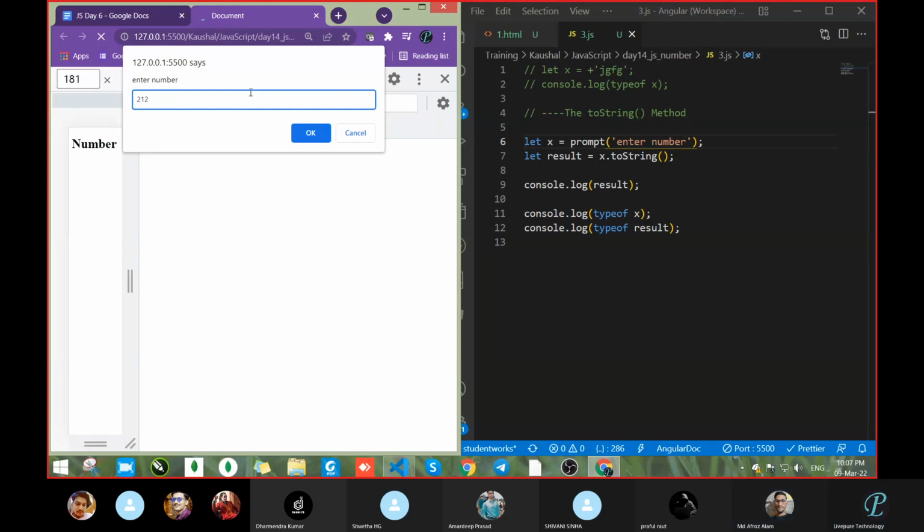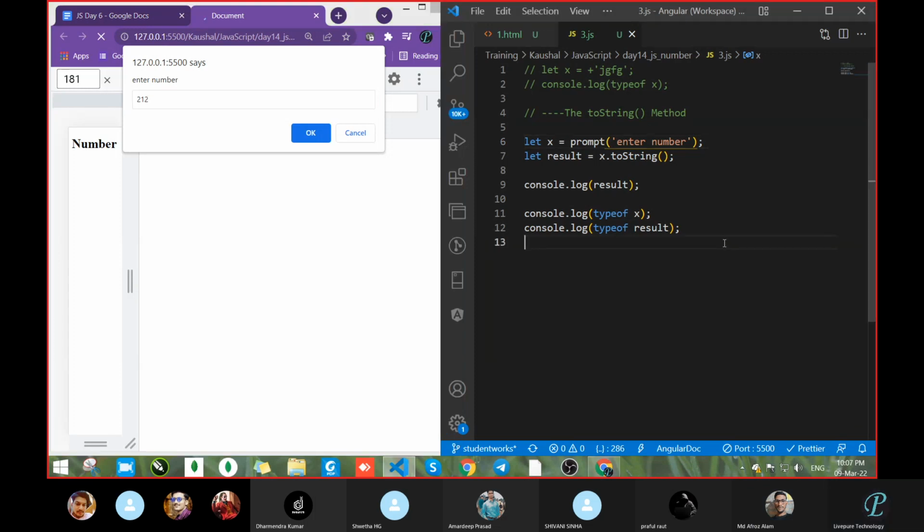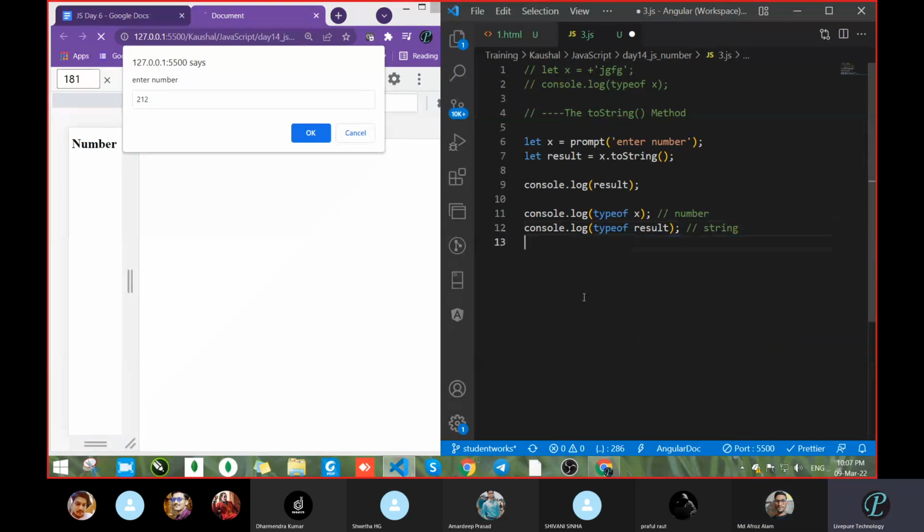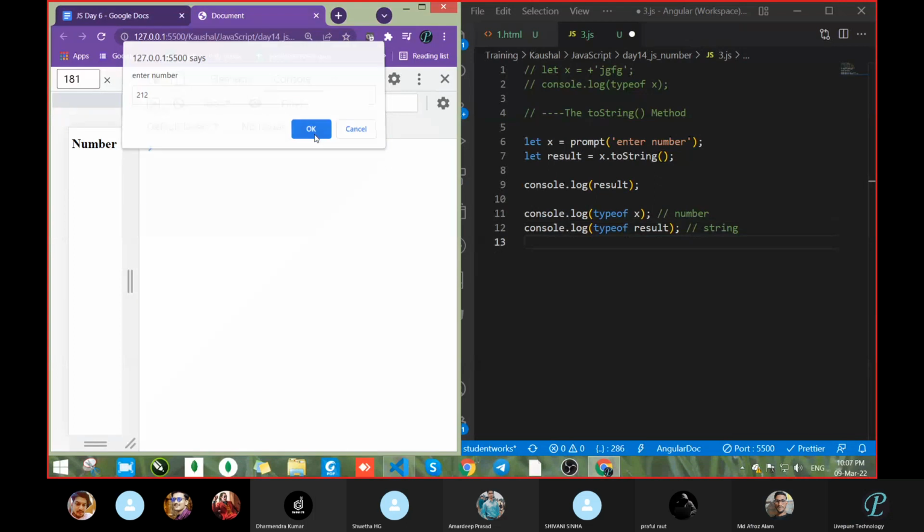But see here, we have taken two things, one is result and one is x. What will be the output in both cases? Because we converted the result part to a string, one is a number and one is a string. Correct? Let's see. What happened?